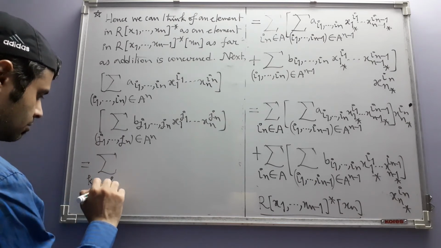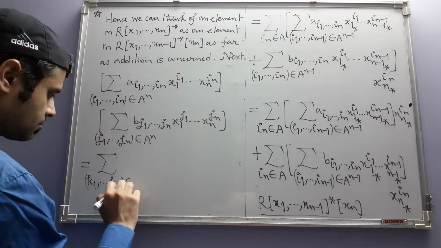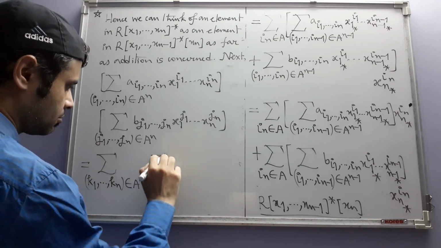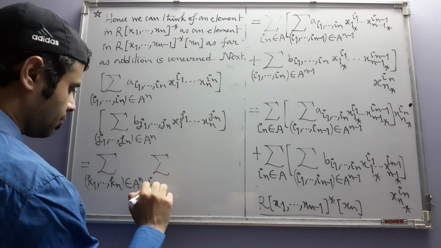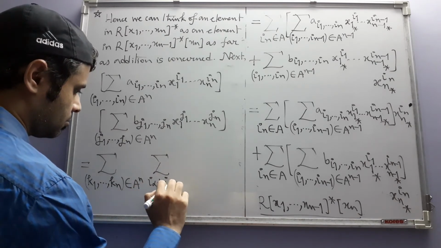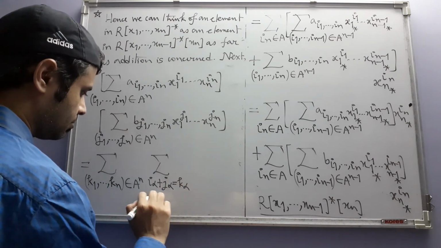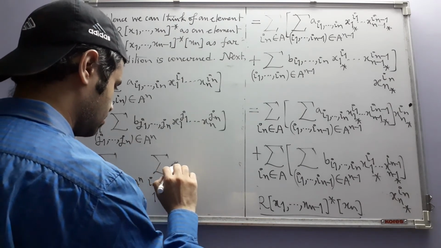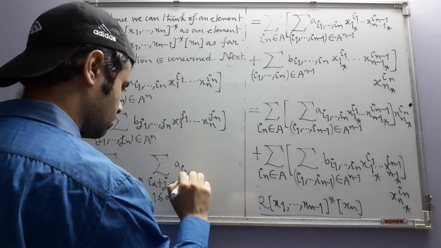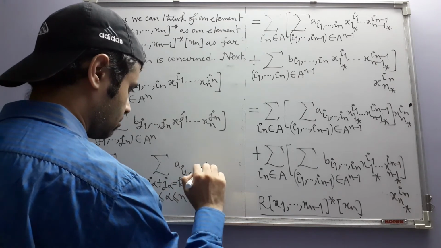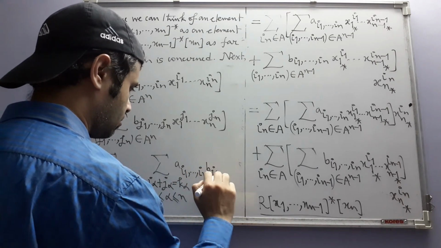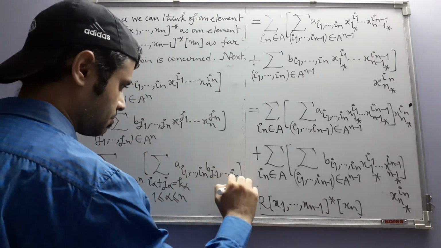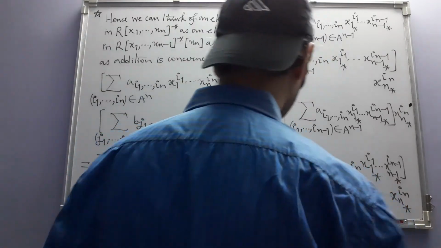Summation over K1, K2 up to Kn, summation I alpha plus J alpha equal to K alpha, times